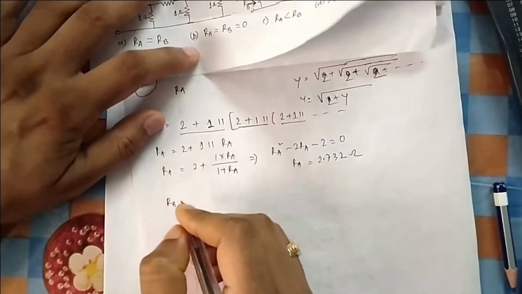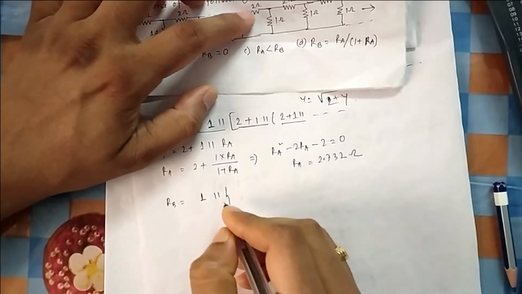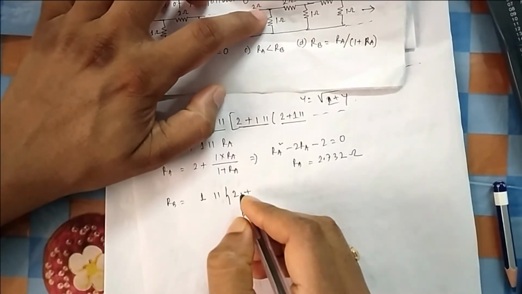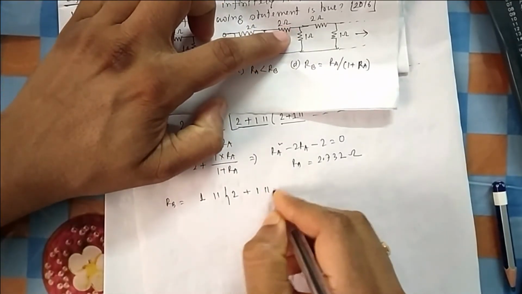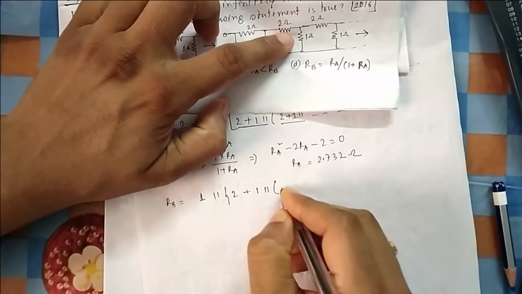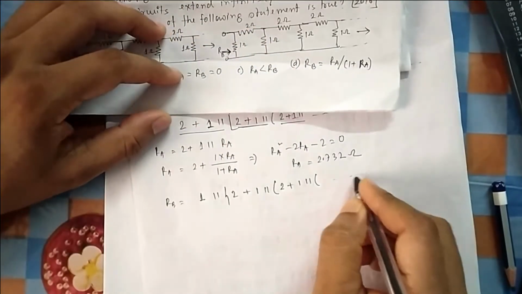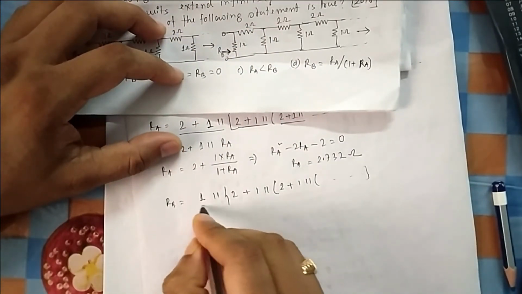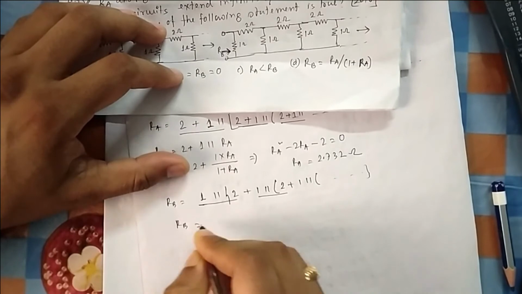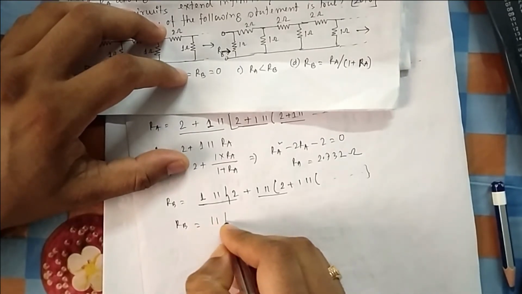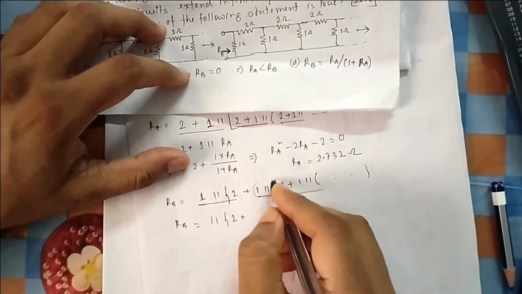So for RB, what will be the fashion? The first one is in parallel with this branch, and now if you go to this branch, 2 is in series with this one, which is again in parallel with this branch. Now if you enter this branch, 2 is in series with 1, which is again in parallel with. So it will continue like this. Again 1 parallel to this one is repeating. So from 1 parallel to it is repeating, so this one becomes y.